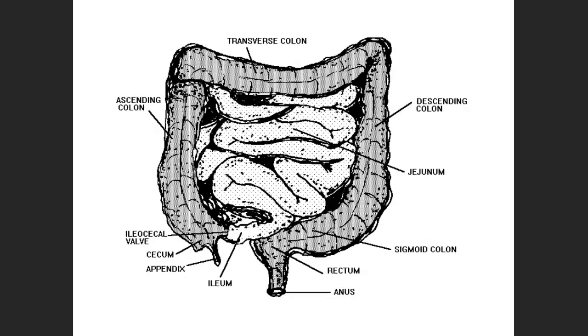Now, this is your intestines, your small intestine and large intestine. You can see that the jejunum is the longest part of the small intestine. It can be many, many feet long. It's connected to the duodenum on the top. And then it ends in a small area at the bottom called the ileum. So you have the duodenum, the jejunum, and the ileum, which are the three parts of your small intestine.